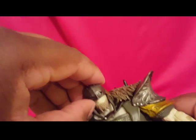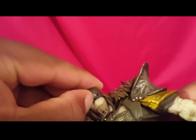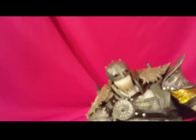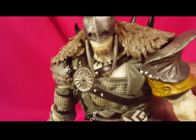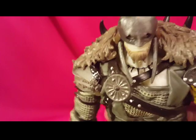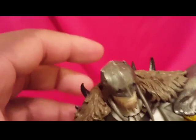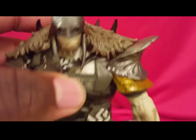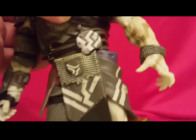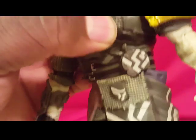I actually thought you could take it off, but you can't. I saw a review. I think JC did a review on this figure, and yeah, I guess if you want, you can pull it off, but probably just gonna have a bunch of black paint under there. And his skin is done in this pale white type of paint,